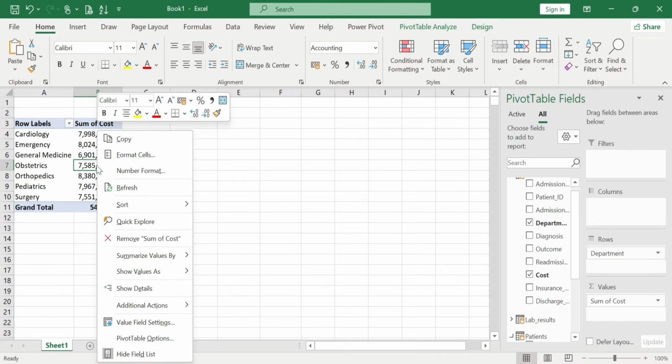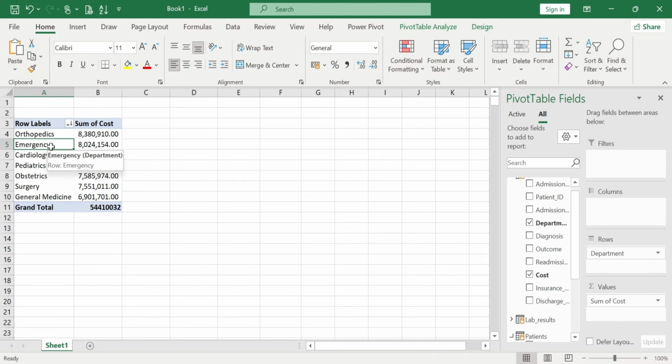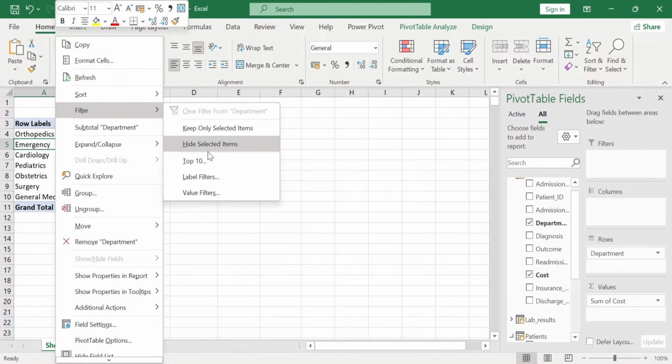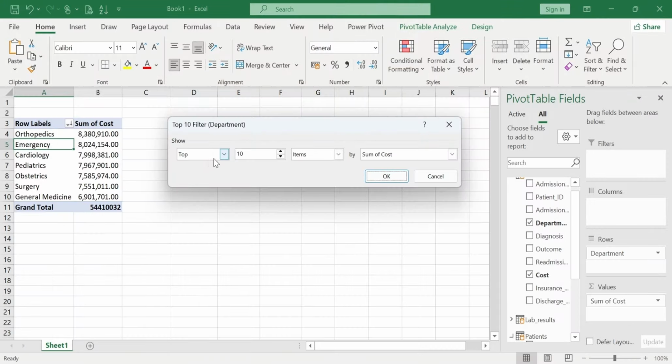So what you have to do at this point is click on one of the items inside the row labels there, because that's basically where we have the filters. Then right click. After right clicking, we have the filter item there. Then top 10. At this point, we want top 3. So reduce, so that we can have 3 items